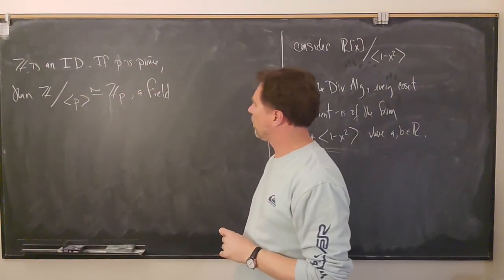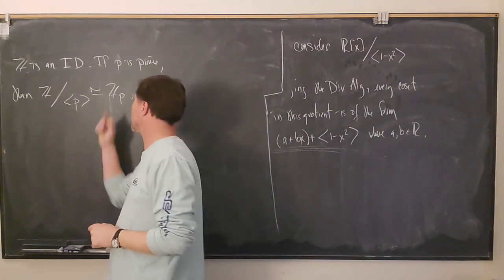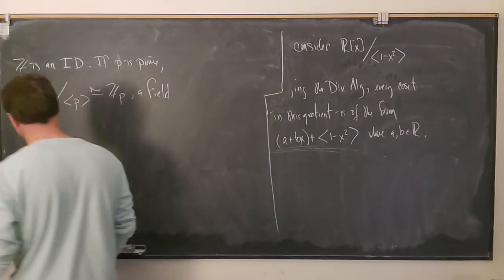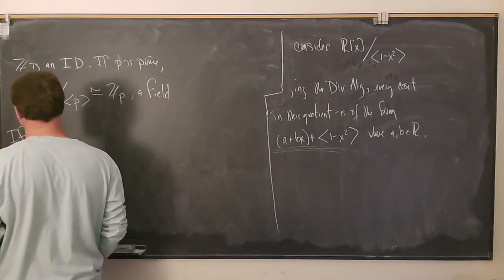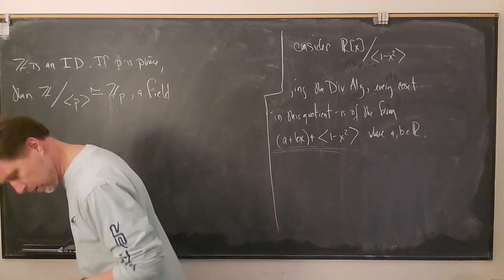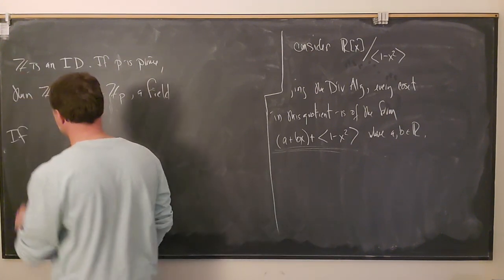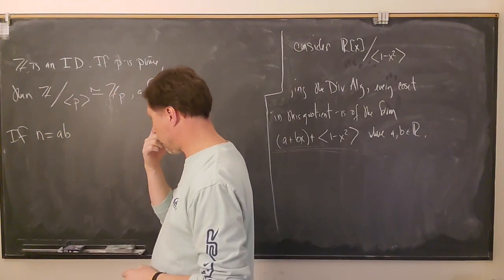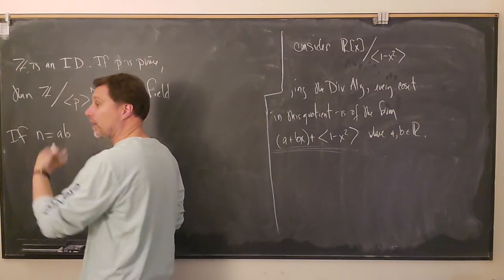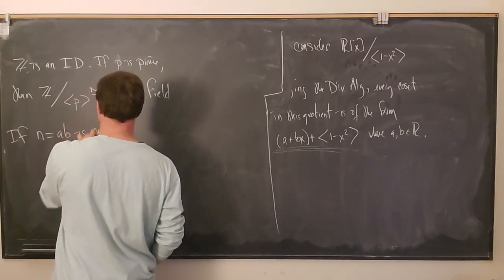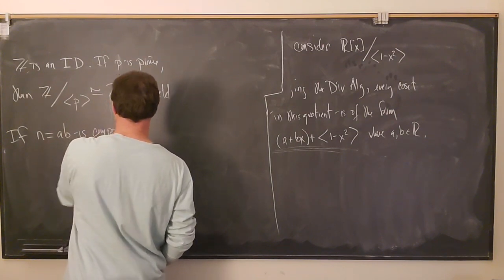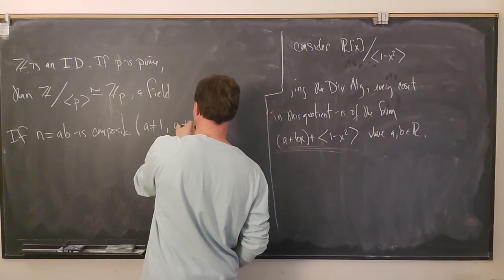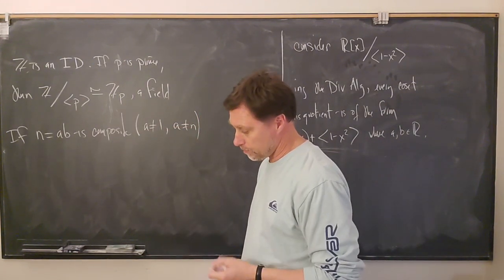So, okay, fine. We started off with an integral domain, took a quotient that gave us a field. But if instead we consider some composite number, so let's say n, if n is composite, where A is not equal to 1 and not equal to n, which means neither is B, then